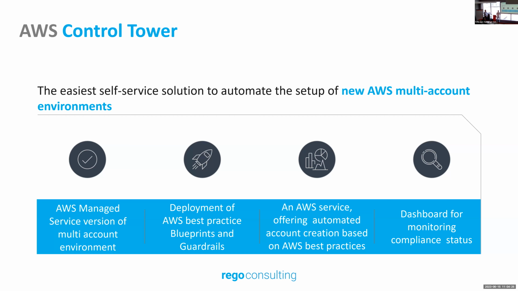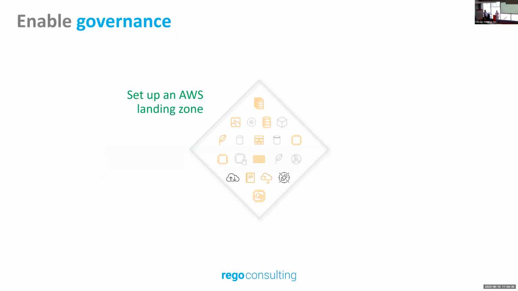So we wanted to make it more self-service. And that's where AWS Control Tower became a service. So now, I think there's another slide where we just talk about how easy it is. But what you do is, with the click of a button, you have to provide two additional email addresses and the email address for your management account, and you get all